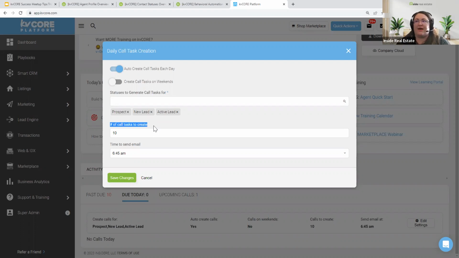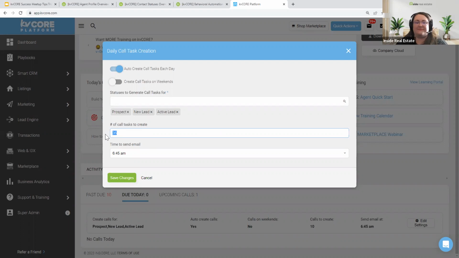Now, I will tell you, I have spent most of my real estate experience in Southern California. And when I trained this to the top agents in our brokerage, they said 35. So if you're wondering how many people to put here, they make 35 phone calls a day. So those are the top 1% agents in Orange County. That's what they told me. So take that as you will for your market and your business and your strategies.